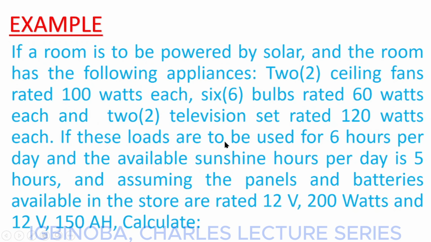If the loads are to be used for 6 hours per day and the available sunshine hour per day is 5 hours, and assuming the panel and batteries available in the store are rated 12 volts 200 watts and 12 volts 150 amp hour, calculate